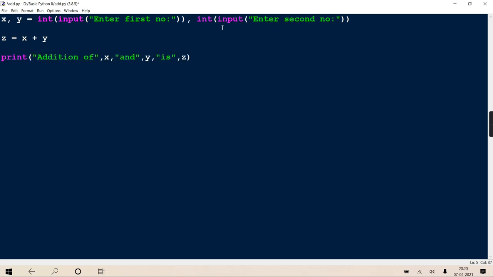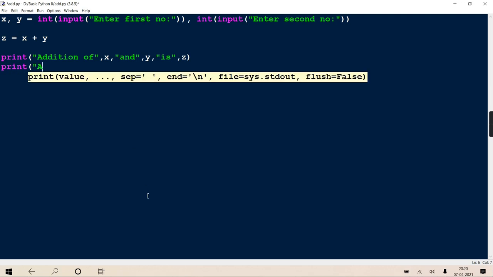This is one way. From those 7-8 forms which I gave you, this is one form. So all values will be displayed one after another with a space in between. I hope you know now. This is one way.